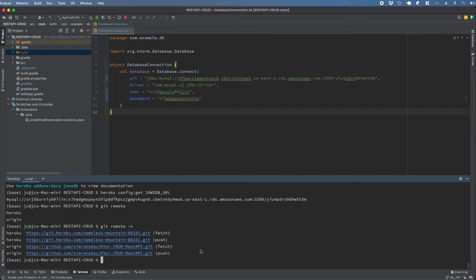So I have it already installed on my machine, but if you want to install, you just type the command brew install Gradle, and if you are on Windows, you can Google the right instructions and install Gradle on your Windows machine. So after that, one thing that we have to do is we have to check if we